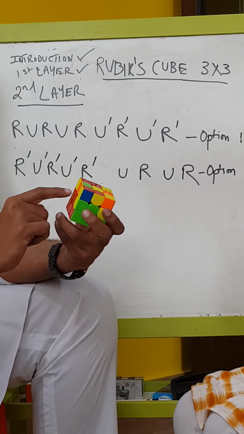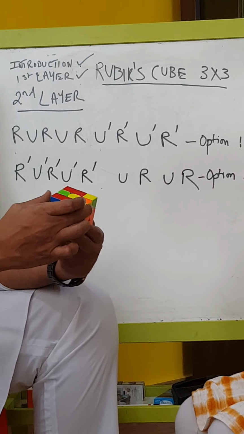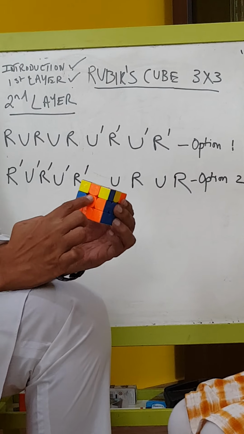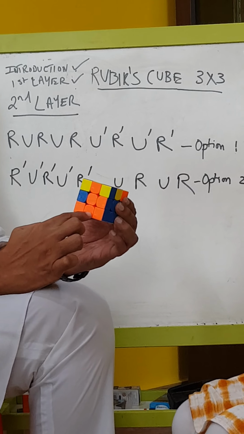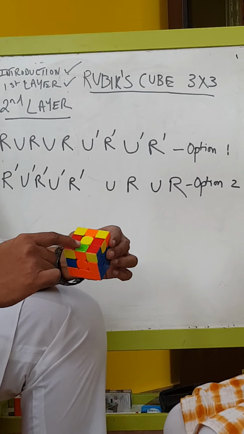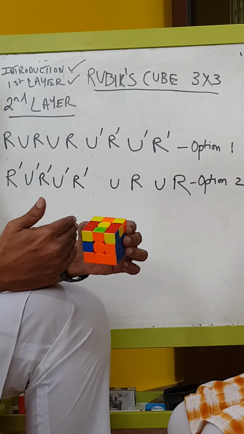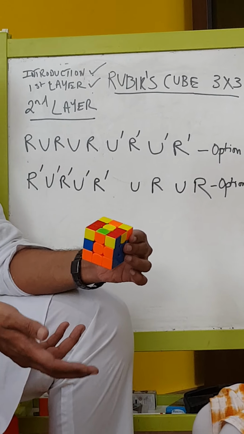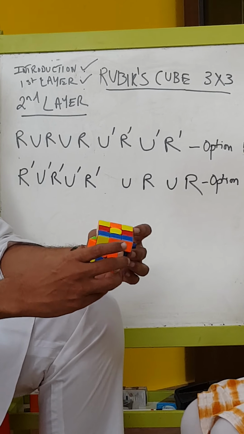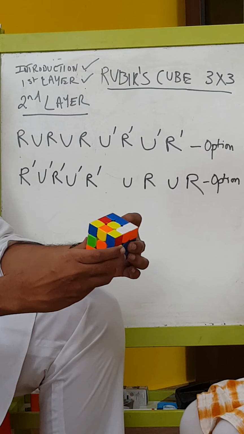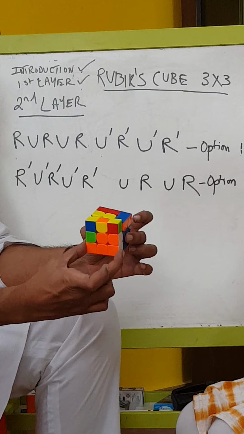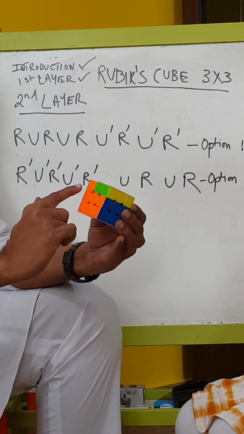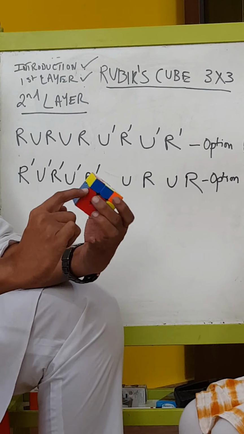So we've got orange here. Let's see where orange is. And yes, I have aligned the 3 oranges. What is on the top? Green. Again, green is in the front. So again, we need to go for option 2. That's R' U' R' U' R' U R U R. So what has happened? The greens have aligned, oranges have aligned, blues have aligned,